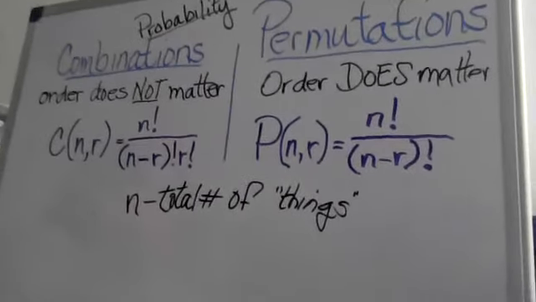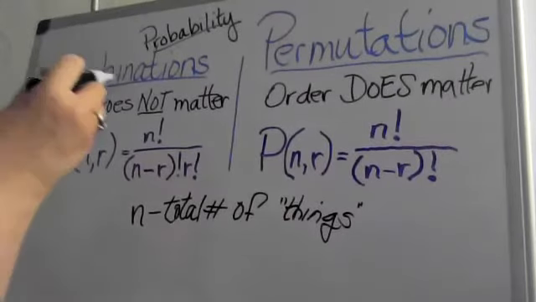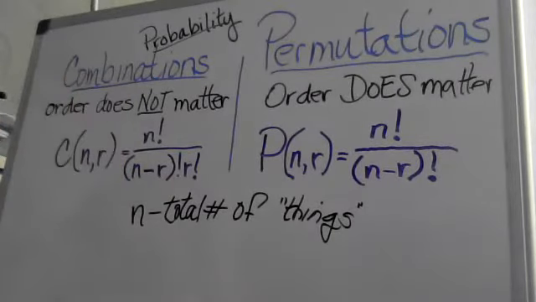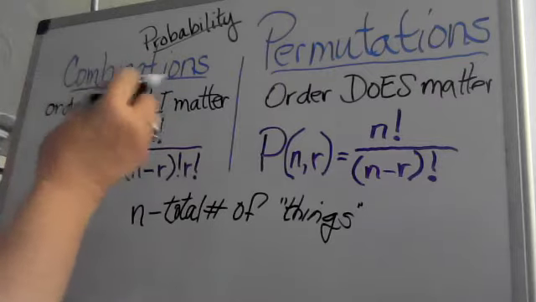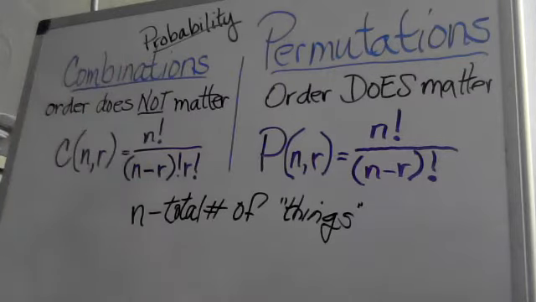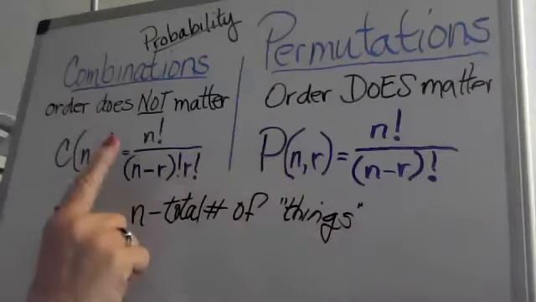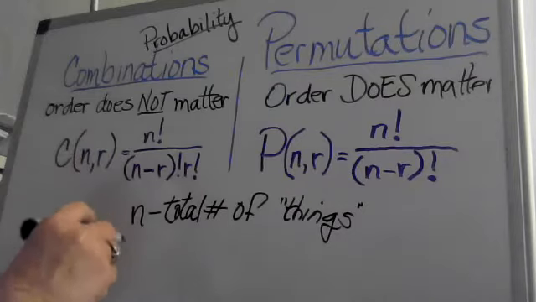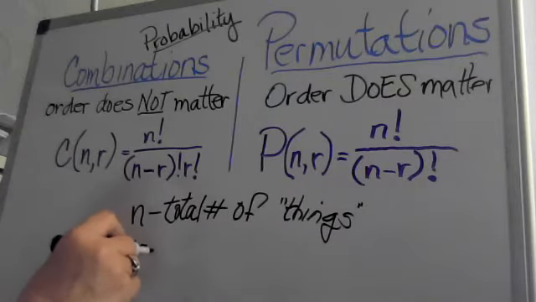Some possible questions might be, if I have 5 people in the room and I want to sit them in 5 chairs. Let's say we have 7 people in the room and I only have 5 chairs to sit them in. How many different combinations can I make with those 7 people? In that particular case, N would be our 7 people. Since I only have 5 chairs, then R is going to be,